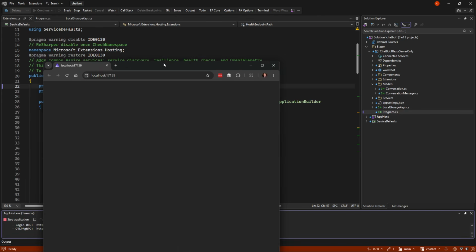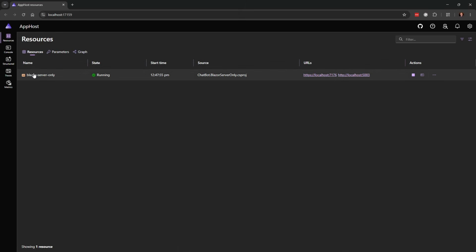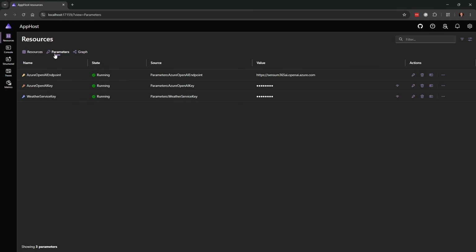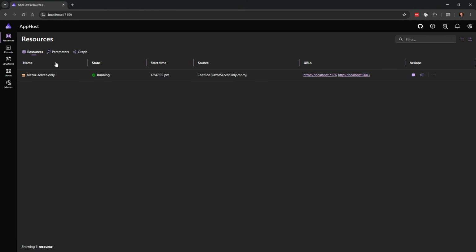So when we start, because it's Aspire, it of course starts up in our resources. And as of this recording, we only have the Blazor server, but you might run this at a point where there's multiple different resources for various frontends and backends. But if you want to run this, it's in the Blazor server only. In order to run it, we need the parameters. So you need to put in an Azure OpenAI endpoint, an OpenAI API, and an Open Weather Map service key if you want to run it yourself.